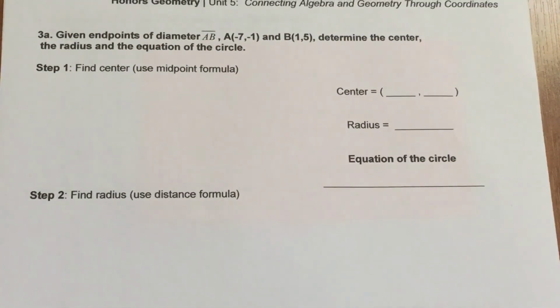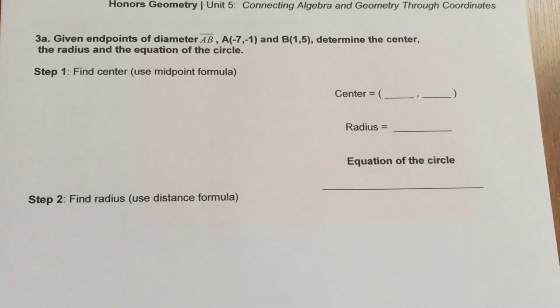Moving on to page 2. This problem gives us several different steps to complete. We know two endpoints on the diameter of a circle. Picture what the diameter is: that line that runs through the center of the circle and has endpoints on the edge of the circle itself. We want to be able to determine the center, then the radius, and then lastly the equation of the circle. So in order to do that,